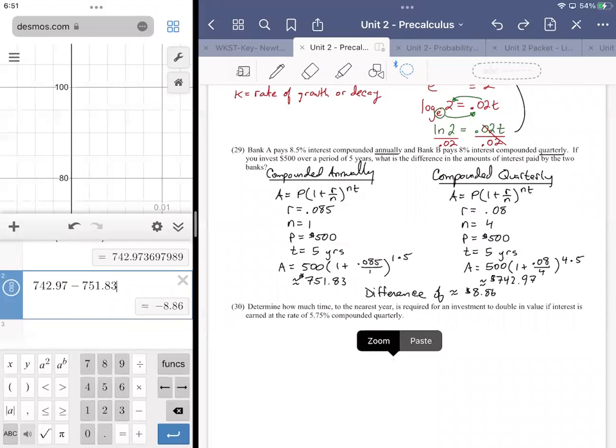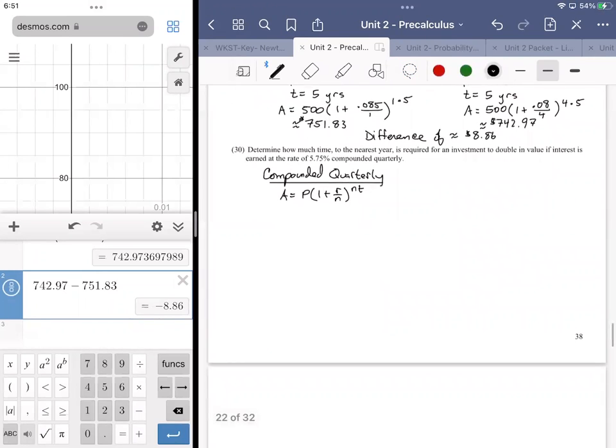The idea is that we want to double our initial investment, all right? So our rate is going to be 0.0575. It's compounded quarterly, so n is equal to 4. Quarterly happens 4 times a year. We just want to know how long it is going to take for whatever this number is here to become double that. So you can put in whatever you want for P, as long as A is double that value. What I tend to do is put in a 2 and a 1,